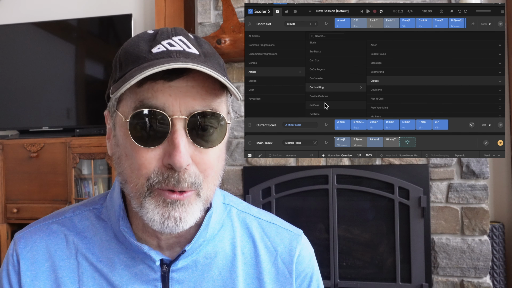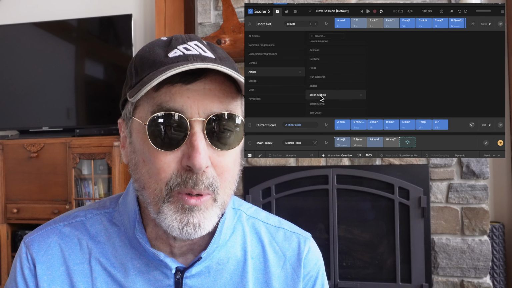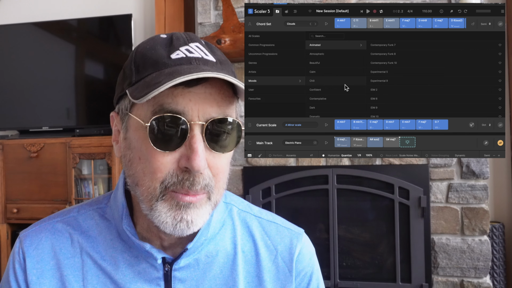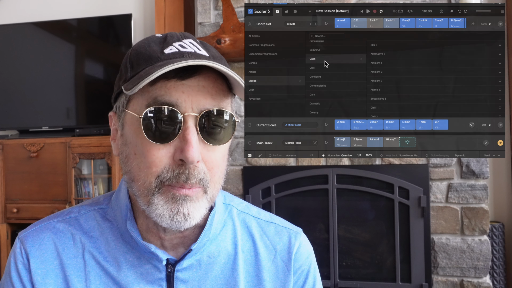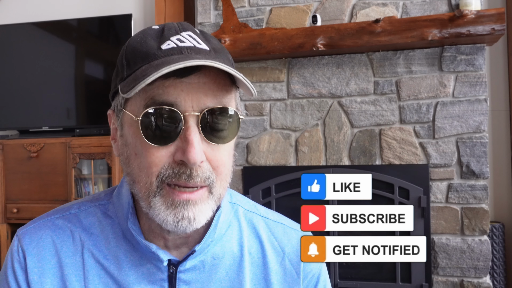It just makes for a great starting point when you're trying to come up with a chord progression. And it kind of eliminates the need for MIDI chord packs. Those capabilities have been greatly enhanced. Now you can create melodies, phrases, and bass lines all within Scalar. And Scalar delivers all of that at a pretty